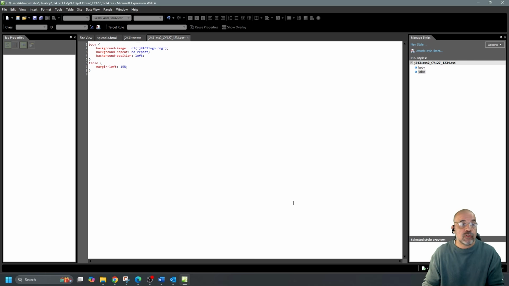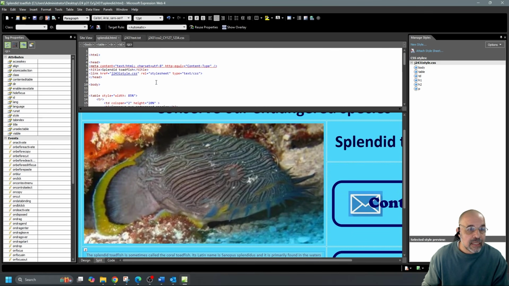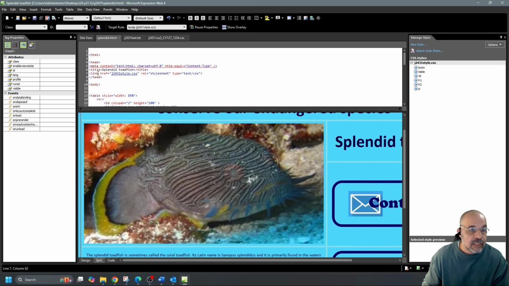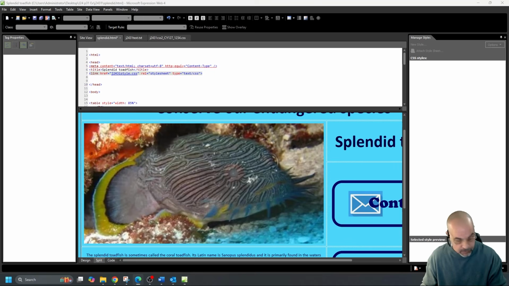Now, the only way I'm going to be able to see if it works is if I attach this style sheet to my page, which I'm going to have to do anyway, because it does tell me to attach my style sheet. So I'm just going to do a quick save. I'm going to go to my web page and I'm going to click after this link here. So this line here, this is the first style sheet which I added. Now, if I jump over to my question paper,